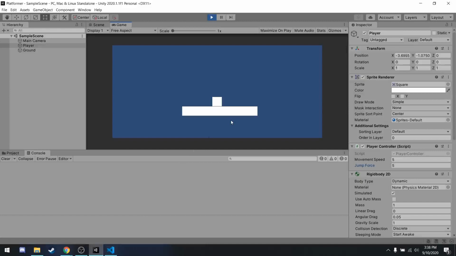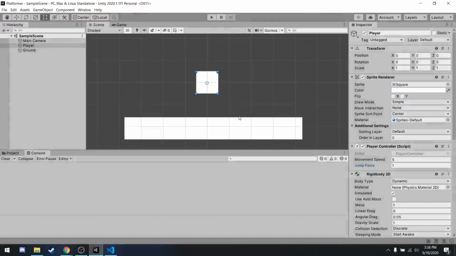Maybe it's a game where we're programming a double jump or something, and that could be an exception. But for this, we want the player to only be jumping when they're on the ground. So we're going to have to add a detection to make sure that they're actually on the ground. The way that we're going to differentiate the ground from everything else in the game is by using something